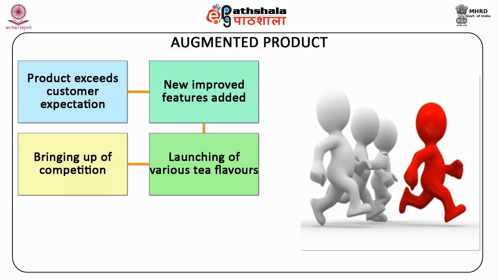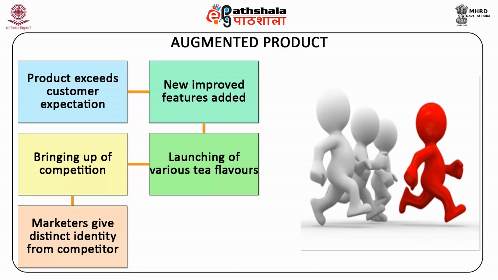Thus, in today's scenario, the competition essentially takes place at the product augmentation level because at this stage, different features added by the marketers in their products give their product a distinct identity than that of their competitors. This view has been supported by renowned marketer author Theodore Levitt. According to him, the new competition is not between what companies produce in factories, but between what they add to their factory output in the form of packaging, services, advertising, customer advice, financing, delivery arrangements, warehousing, and other things that people value.